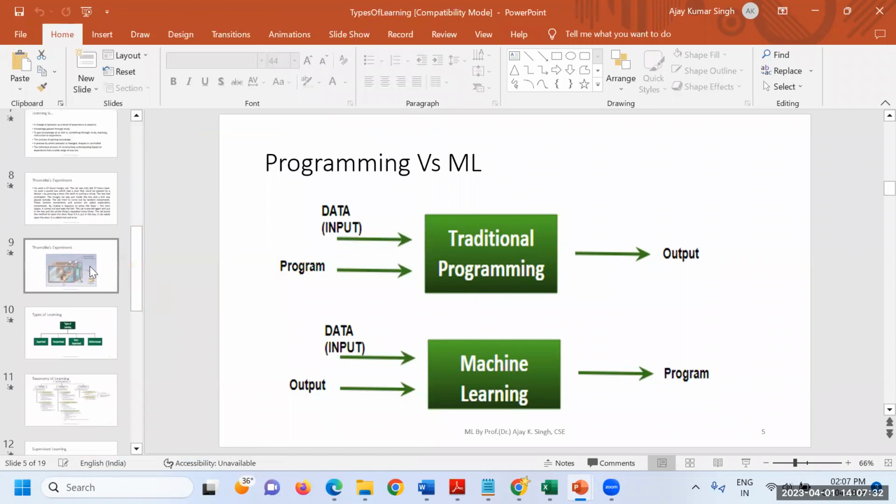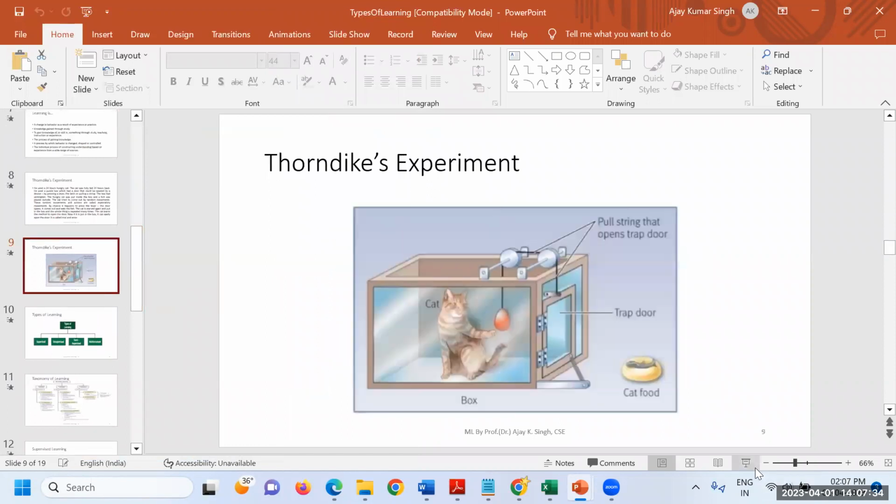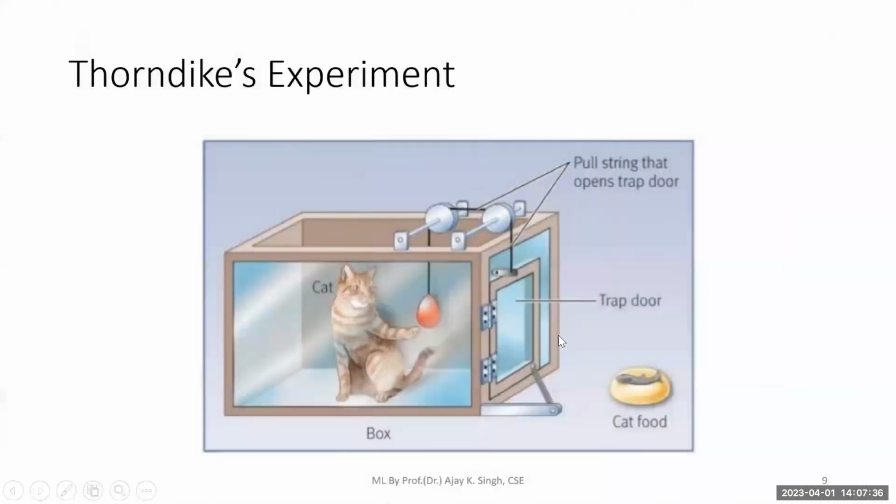So a very simple example is given over here that is all about learning. This cat is there, and some experiments were carried out. The cat is there, and this fish is lying somewhere here, that is the food of the cat. The cat is locked for 24 hours. The cat doesn't know how to come out from this particular cage, and it is fitted with a pulley, lever and all that.